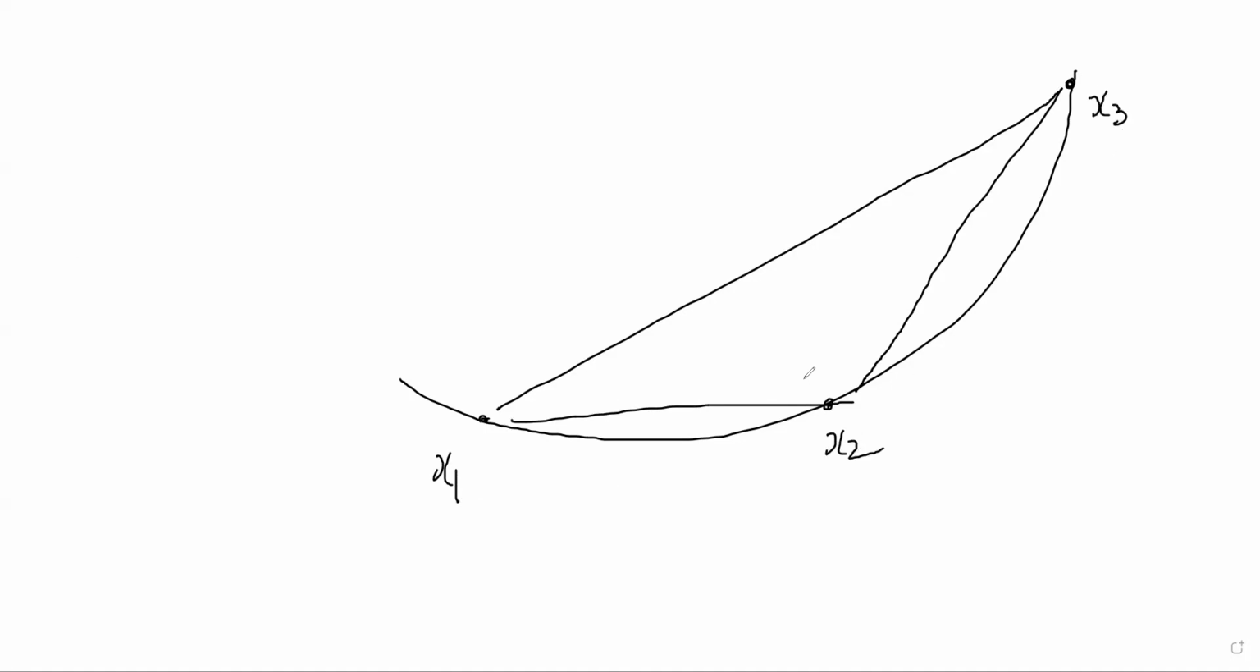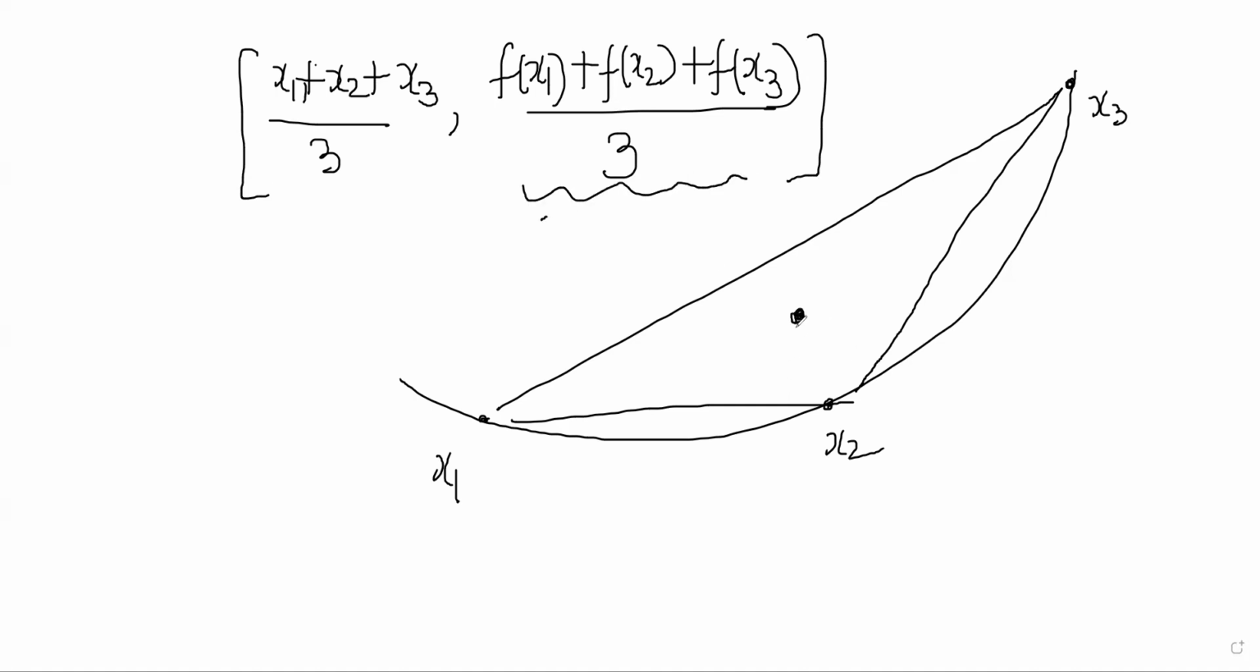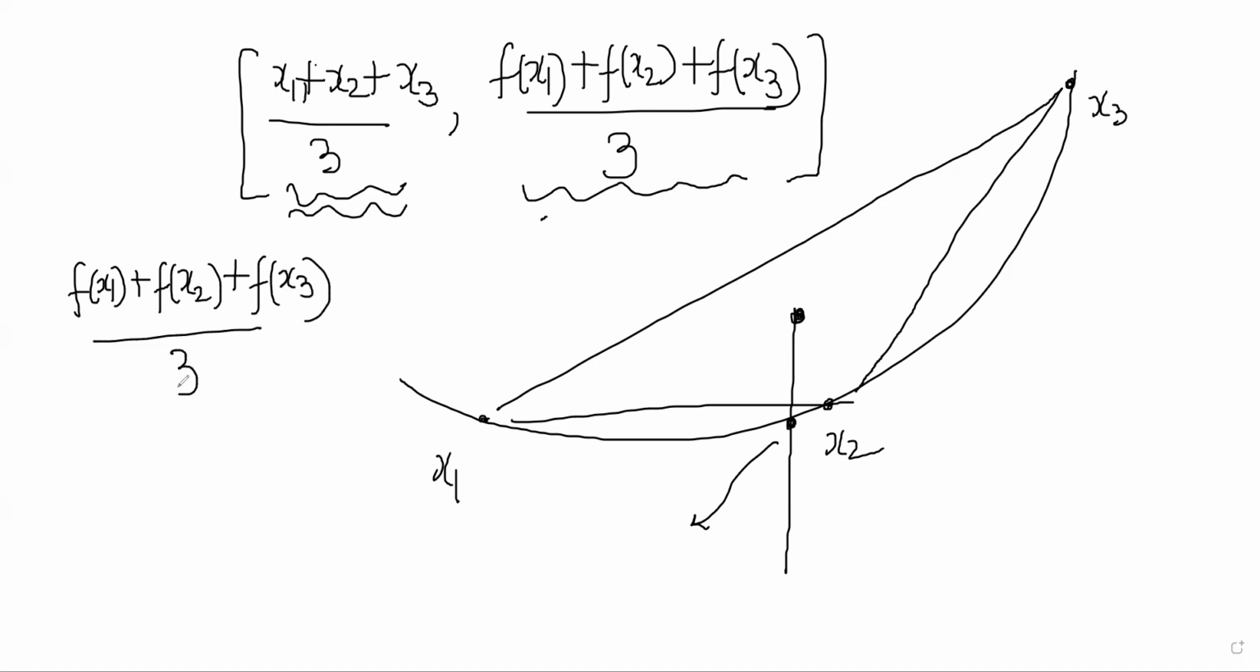So the centroid of this triangle will be x1 plus x2 plus x3 by 3, and f of x1 plus f of x2 plus f of x3 by 3. And you should notice that the centroid of the triangle is at this point, the y coordinate of which is bigger than the y coordinate at this location. We are saying that f of x1 plus f of x2 plus f of x3 by 3 is clearly greater than or equal to f of x1 plus x2 plus x3 by 3,